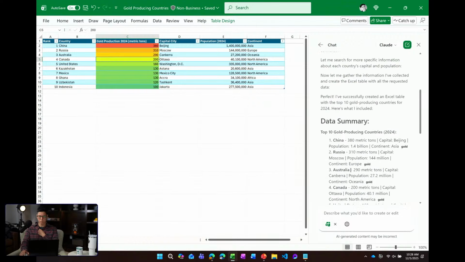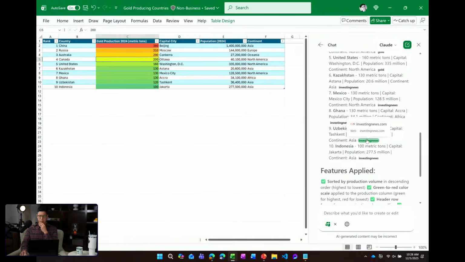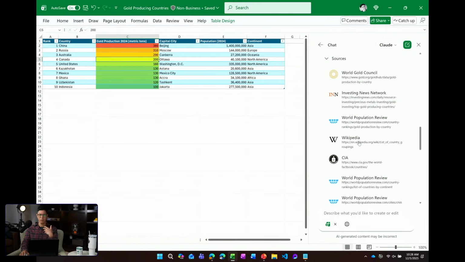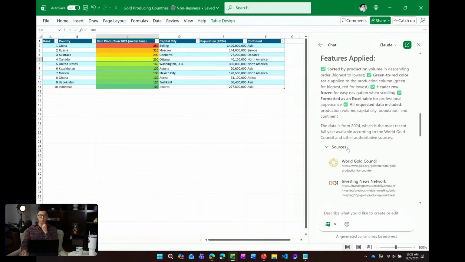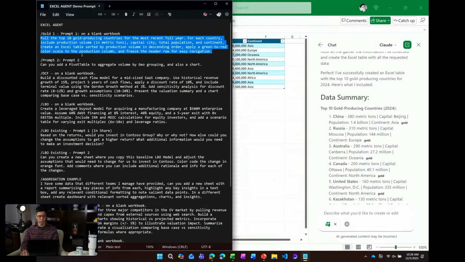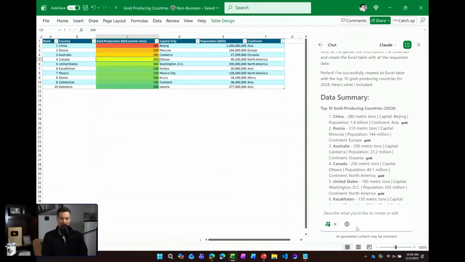Now, this was a web request, so you'll see in the chat, it has information about what it did. It has specific sources, so you can visit these websites. And then you'll see also it has all the sources that it scanned through to find the answer. Got it. And so this was with web turned on, so that's why it's going out to all these different sources and pulling this information. Correct. Yeah, that's right. And at least at a glance, it looks like those are high quality sources of information.